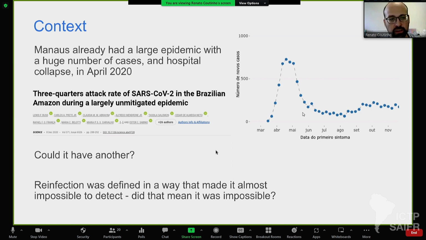And there was this study which was pretty polemic at the time, that used serological testing on blood donors and so on to argue that three-quarters of the population had already been infected by COVID, okay? And I'm not sure if the result itself was as polemic as the implication that it had, because at the time in 2020, it wasn't so clear that reinfections were possible, right? So we had a few reports